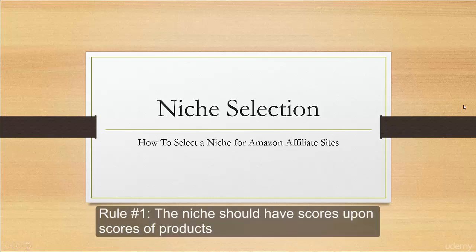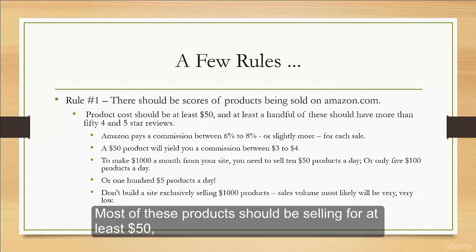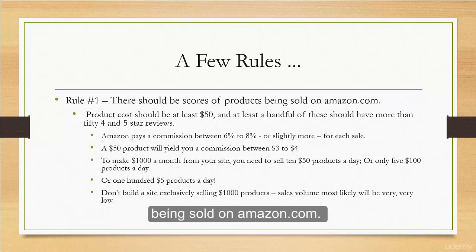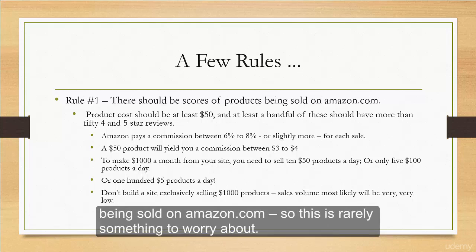key rules of thumb. The first rule: the niche should have scores upon scores of products being sold on Amazon. Most of these products should be selling for at least $50, and at least a handful of these should have more than 50 4 and 5-star reviews. You do not want to select a niche that has no products being sold on Amazon, but these days, just about any niche you can think of has products being sold on Amazon, so this is rarely something to worry